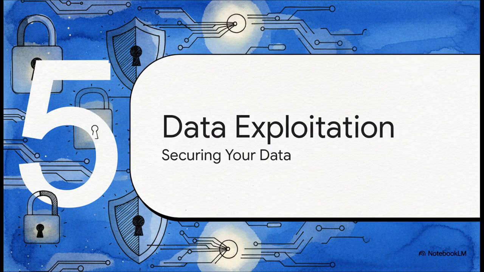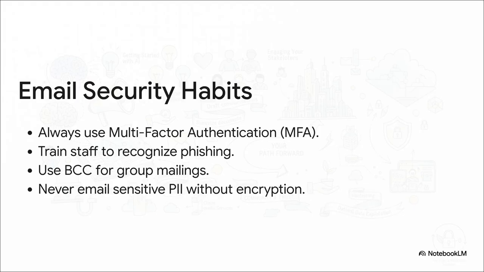Okay, so from there, we kind of went on the offensive. We started looking at proactive strategies to defend your community's data, and not just from AI-related risks, but from much broader digital threats that are out there. We did a review of the fundamentals of email security, and we really focused on those simple but super high-impact habits. Things like using multi-factor authentication and always remembering to use the BCC field for group mailings.